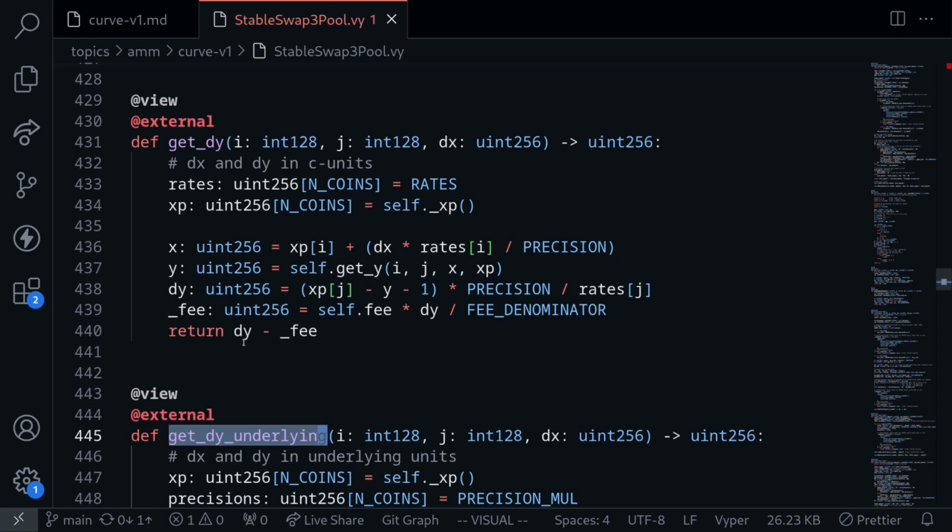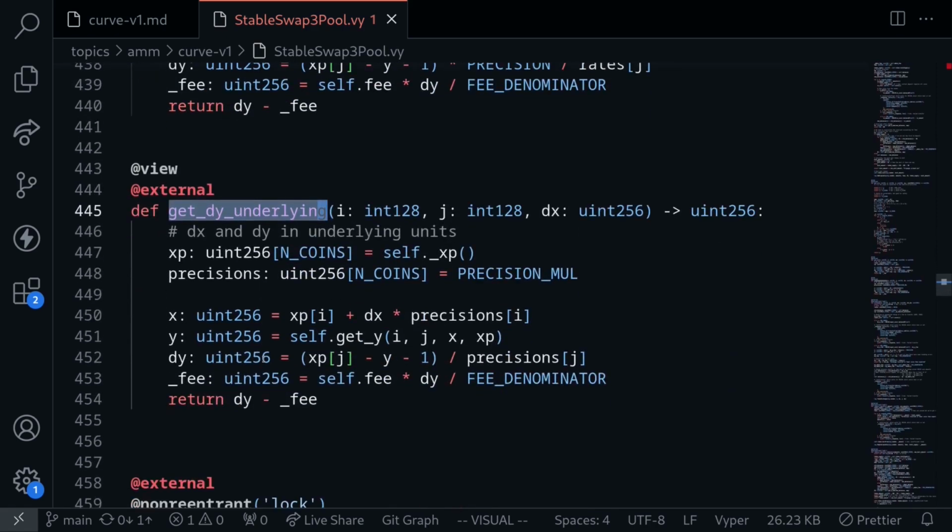If you were to hold on to this cUSDC, over time you will earn some interest. And let's say that you wanted to find out how much USDC you will get for putting in DAI. But the pool tokens are DAI and cUSDC. So in this case, to answer the question how much USDC you will get for putting in DAI, you will call the function get_dy_underlying. It will calculate, if you were to put in DAI, how much USDC, which is the underlying token for cUSDC,